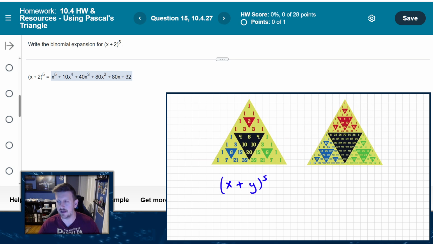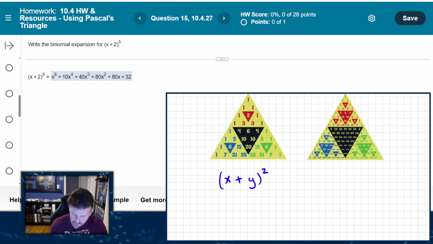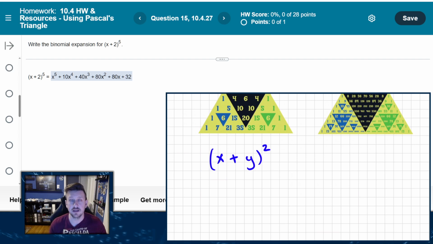So before we do that, I don't want to deal with the 2 just yet. Let's just do x plus y to the fifth. Actually, rewind one sec. Let's do x plus y squared, just to make sure we're clear about what we're doing. So if I was tasked to expand this binomial, what that really means, if you know about exponents and